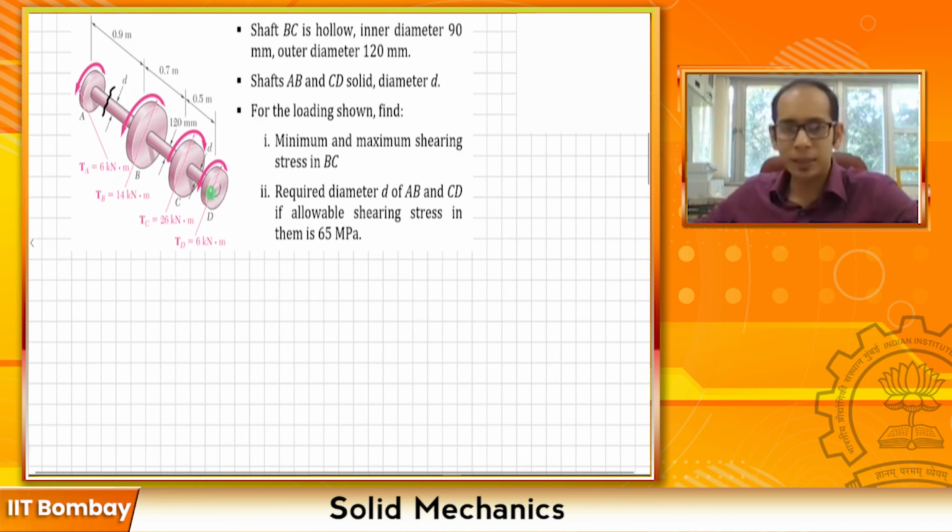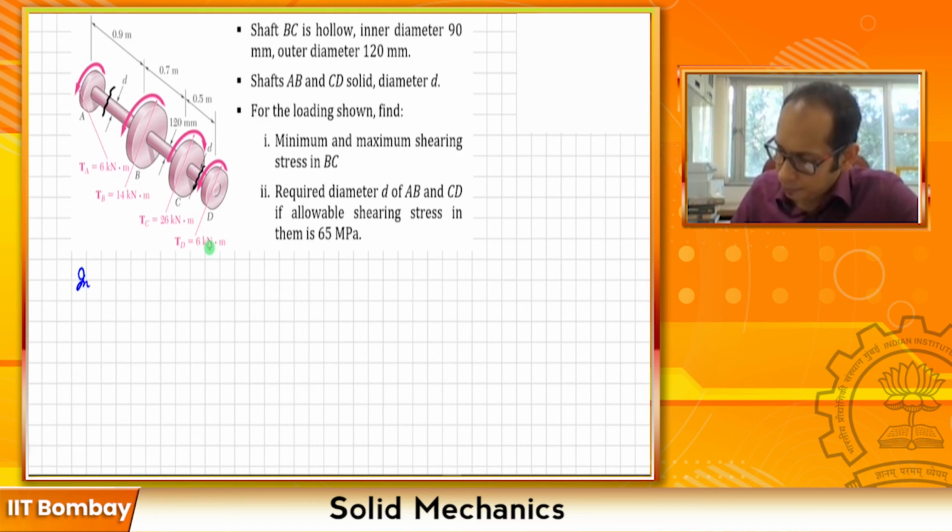Similarly, if you take a look at this section CD, if I'm cutting a section at the point D, you are applying a 6 kilonewton meter. So in CD also, the internal torque you are going to get is 6 kilonewton meter. Maybe it's a good point to make a note of. So let's write: internal torque at both AB and CD is 6